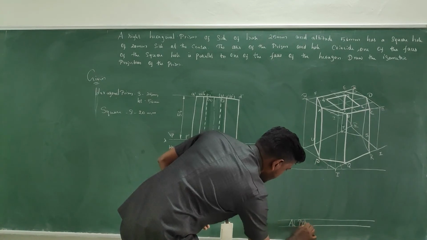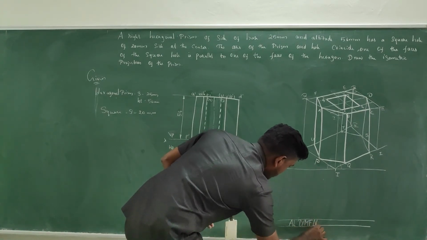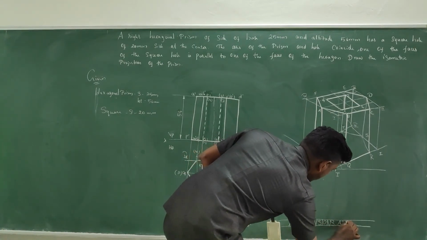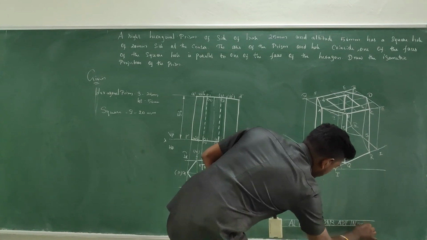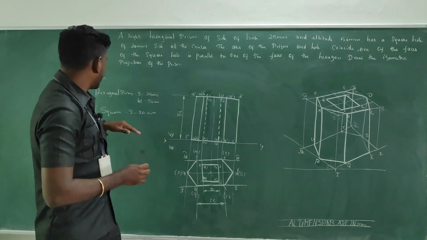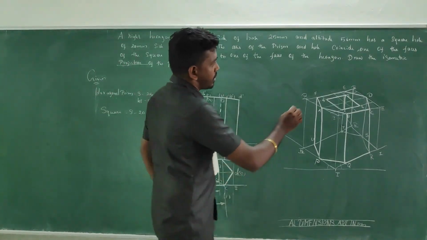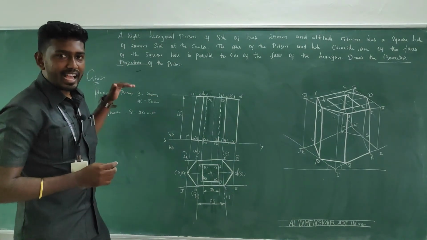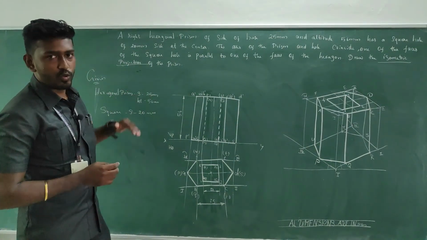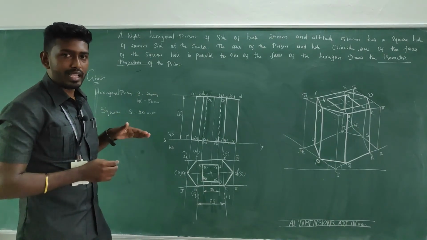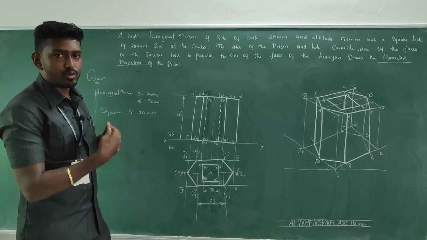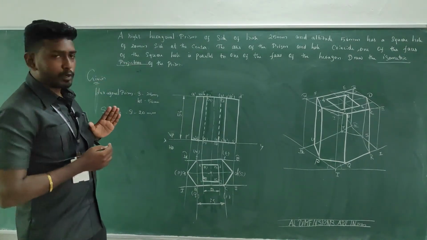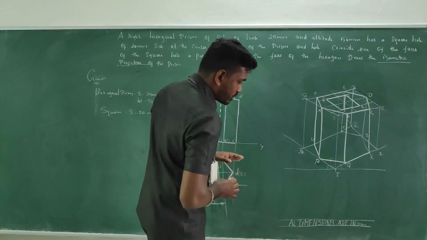in mm. So here we need to specify the scale. The question asked is isometric projection, so we need to specify the isometric scale. If it is an isometric view, we can specify the scale as 1:1 if it is a true scale. If it is reduced, we have to have a note according to the change. It's an isometric projection, so we need to fix the isometric scale here.